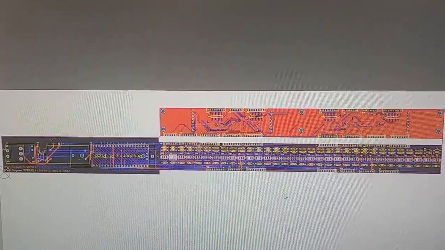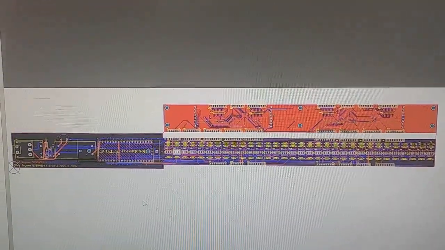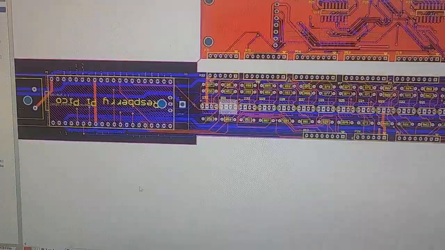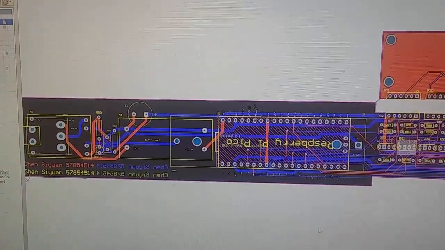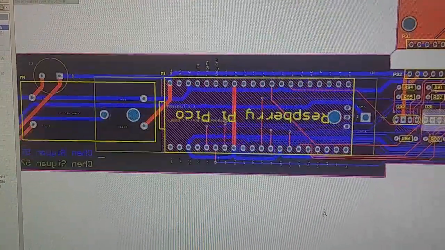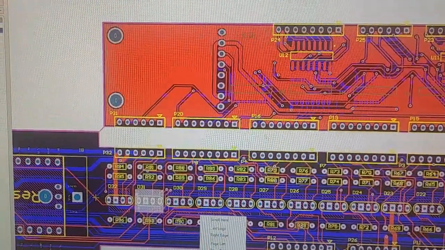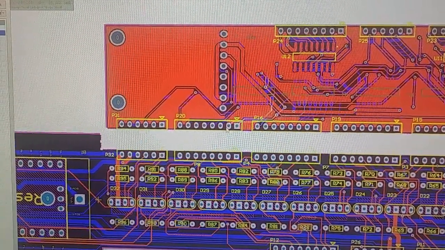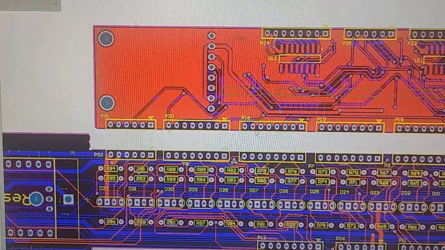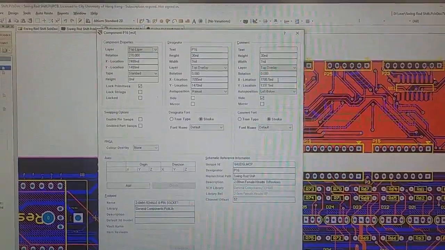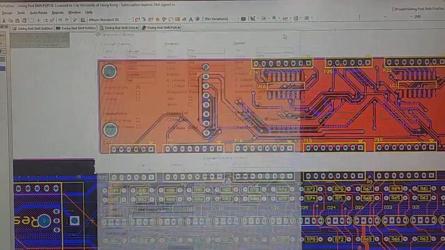For day 2, we firstly learned how to use LTM Designer to create PCB layout of the swinging rod shift based on the schematic diagram we designed in the first day, the result of which is shown in the recording, during which I learned many useful techniques, such as how to edit properties of multiple components at the same time,